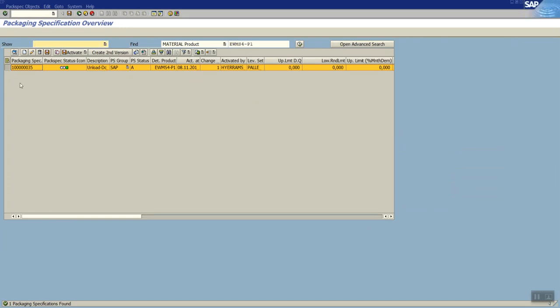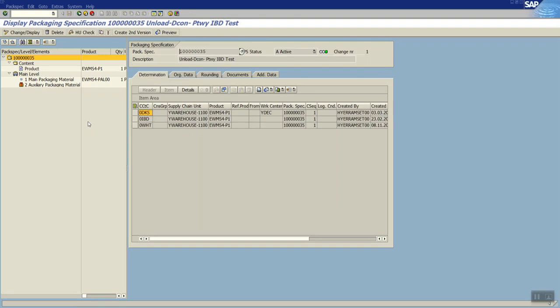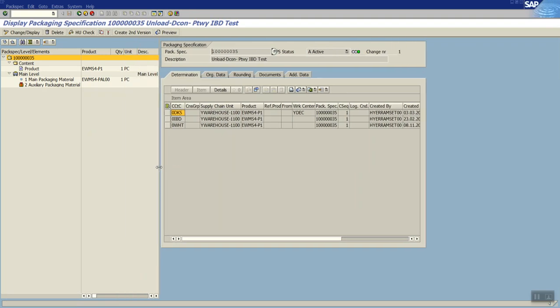So when I come here, the first thing when I am creating the packaging specification, I will select the packaging specification group. Based on that, the system proposes the number, and then we have to proceed to create the packing requirements that we need. That means when the inbound delivery reaches EWM, how the product has to be packed. That we will assign here.